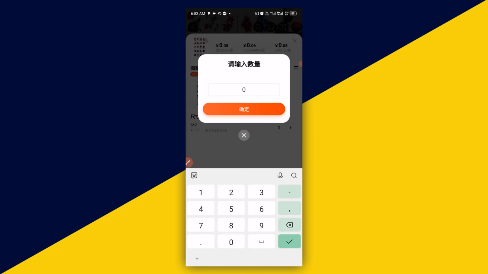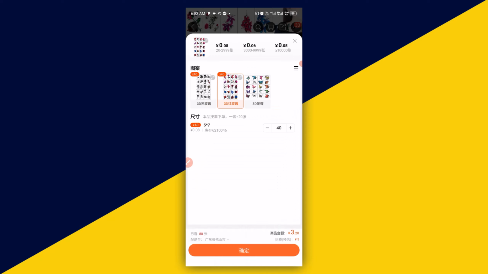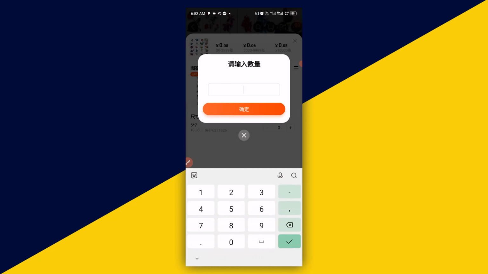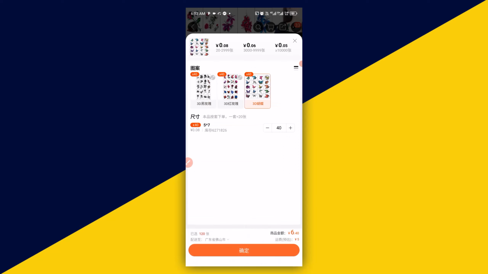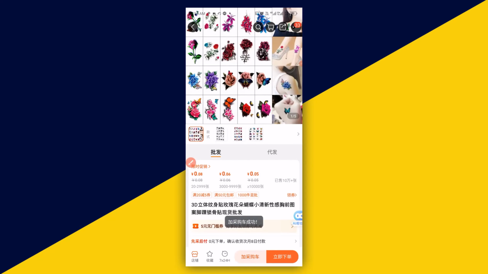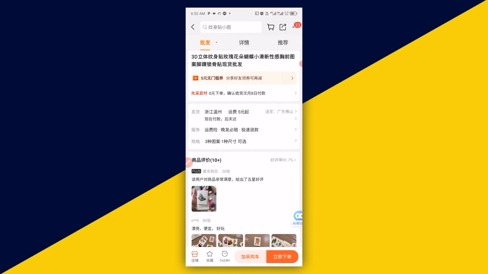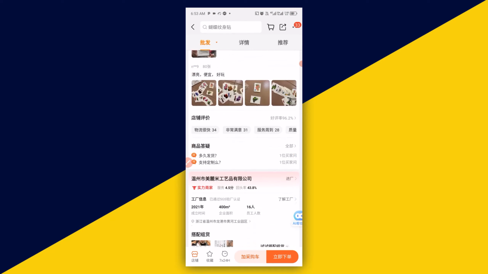I'll click on here and I'll type in 40. I'll click on here to add. Then I'll move to the third one. I'll click on here. Then I will type in 40. Click on that, just like so. Finally, I will click on here to add everything to cart. Just like so. After a successful add to cart, next thing I can do here is to go back